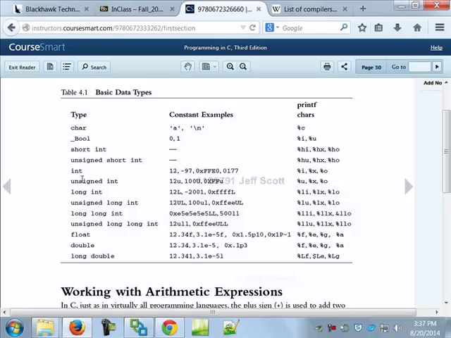Unsigned int will be 0 to 65,536. So it gives you twice the positive precision, but it doesn't give you negative numbers. Notice that when you use this, you typically put a U in front of it. U or LU, long unsigned.